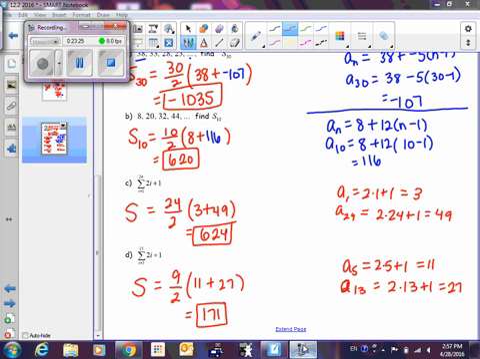Where'd you get the 9? So the 9 is the number of terms you have if you start with the 5th term and end with the 13th term. A shortcut to getting that is to subtract and add 1. You're going to lose